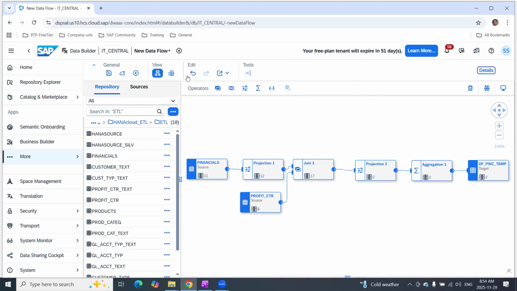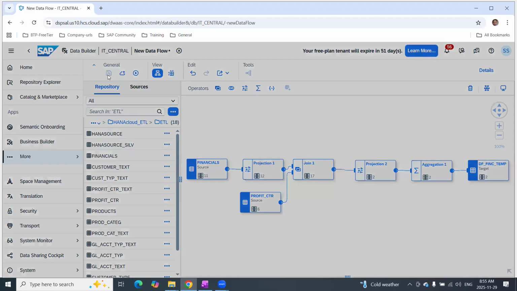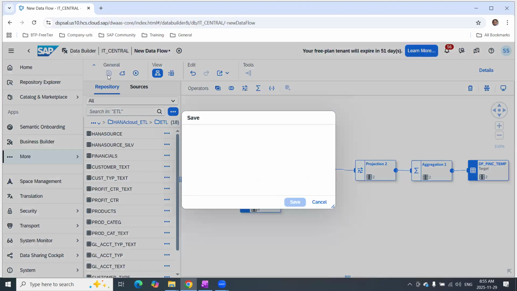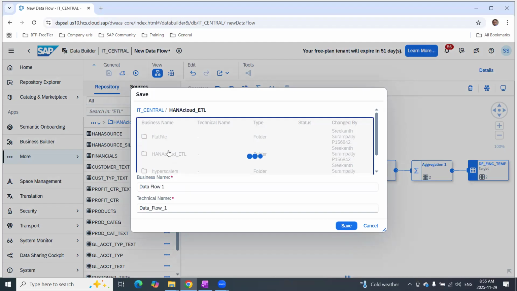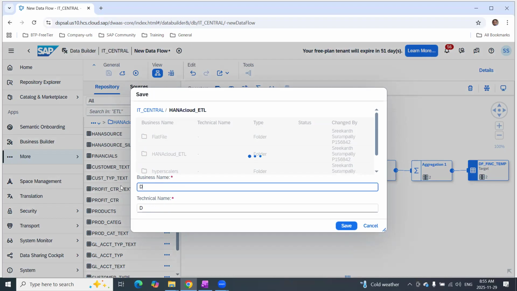Okay, so now I'm going to save it and then deploy, and then further you can go. So it's not really anything different from here. So I'm going to put this as data flow